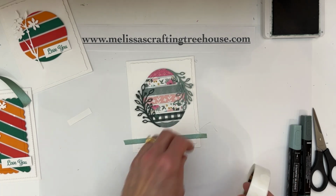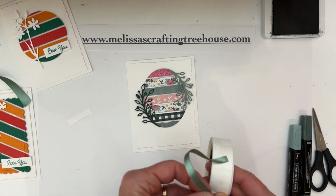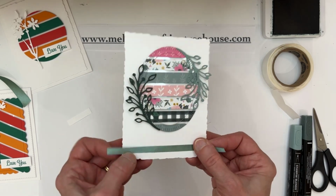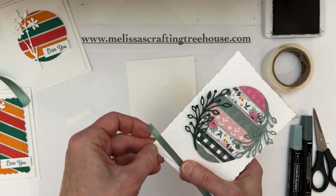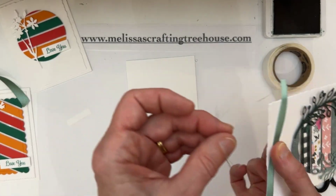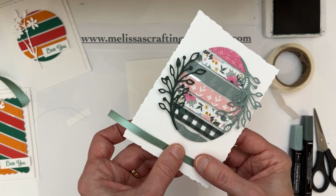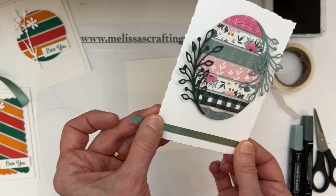Okay, let's grab some glue dots and make this baby happen. Let's get this one done. One of the greatest satisfactions that I got out of paper crafting when I first started was that satisfaction of completion. So now the other thing I actually like when you cut it down the middle is you get these fun little filaments that you can use in all kinds of fun ways. I'm not gonna use them this time, but